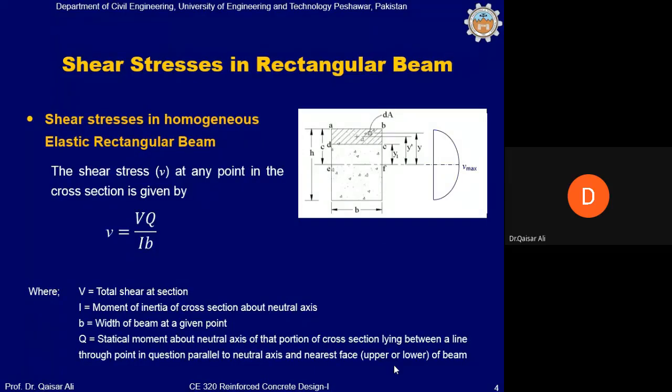The shear stress variation at a point in any section in a homogeneous elastic rectangular beam, which means that the beam is made of a material which is homogeneous, not composite, and the stresses are within the linear elastic range. So this can be true for a plain concrete beam, when subjected to very small loads, so that stresses are within the elastic range, or for a steel beam, even at much higher load, because steel beam